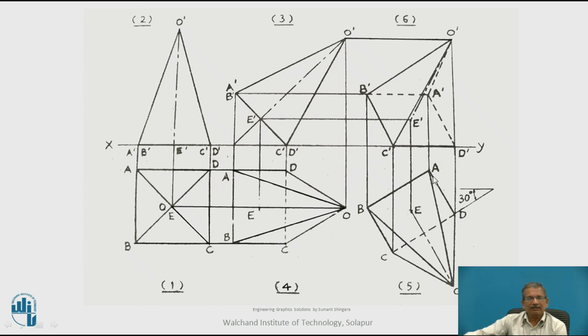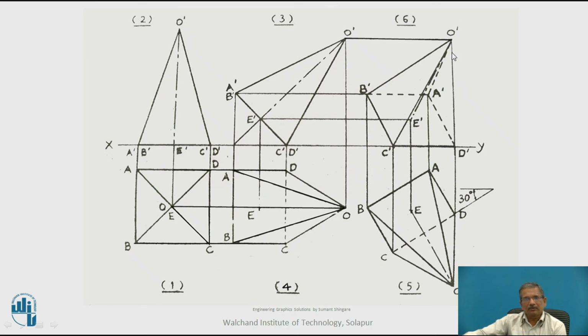So how many lines are to be drawn dotted? Just think over it. AB, AD and AO are the lines which are starting from point A. So here if you observe, those lines are drawn as dotted lines. So AB is dotted, AD is dotted and AO is dotted, because base A is away from the observer. So start drawing, project it upwards, project horizontally and join the lines O dash A dash, O dash